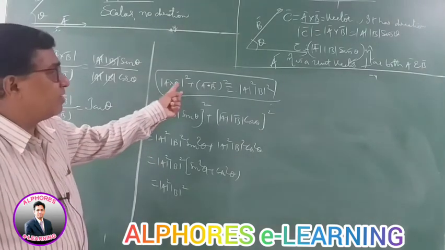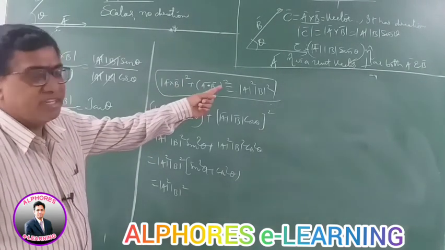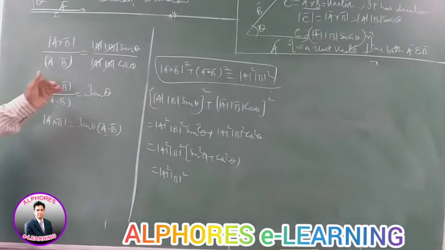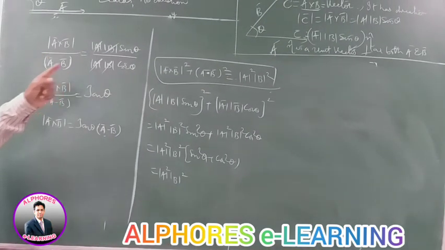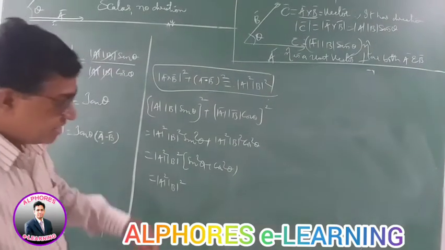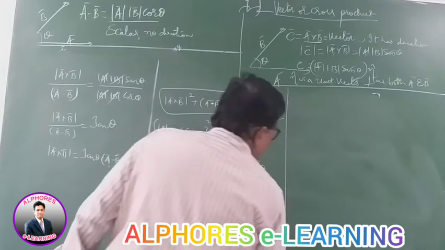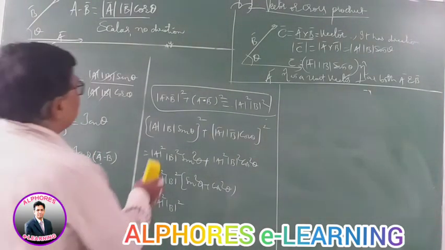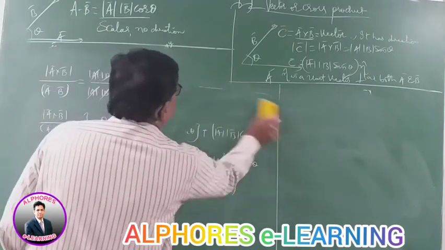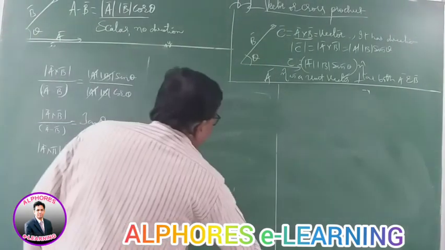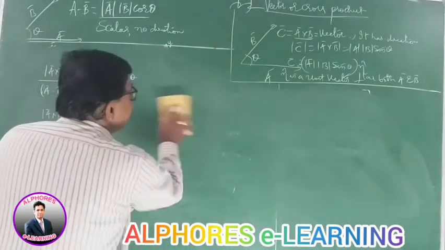So mod A cross B whole square plus mod A dot B whole square is mod A square mod B square, and the ratio of these both is like this, right? The ratio of mod A cross B and mod A dot B is tan theta. We have learned the same thing in our addition of vectors. In addition of vectors also we have considered the same case, where if two vectors A bar and B bar are of the same magnitude,